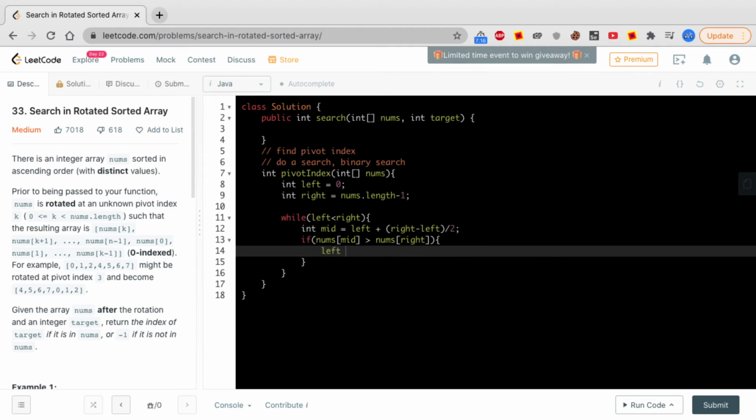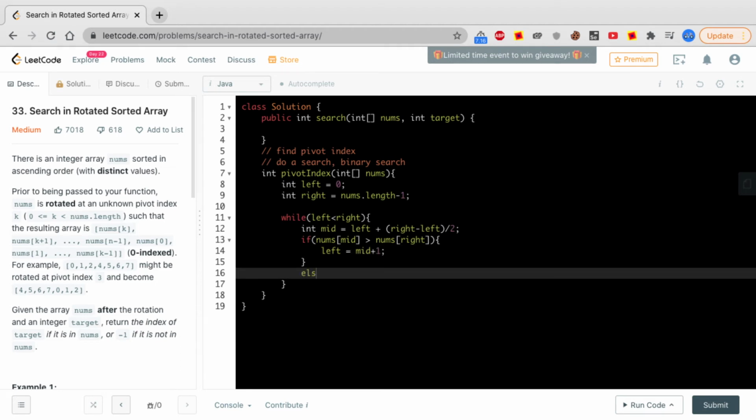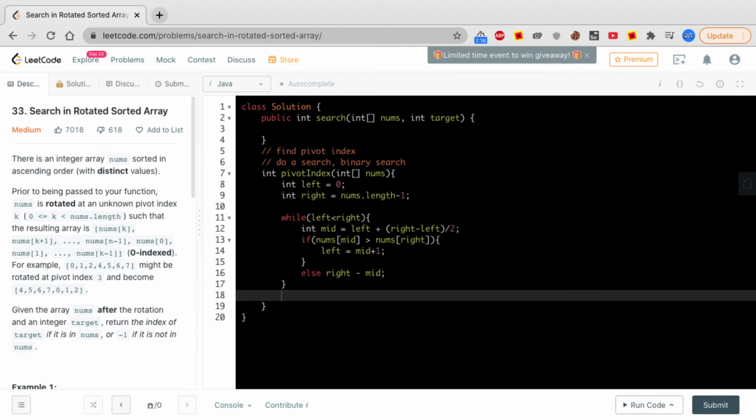So our left will become mid plus 1. If this is not the case, our right will become mid. Once we go through all this, our left pointer will be pointing at the beginning of the array, or you can say the pivot point. By doing this logic, we now know the pivot point.